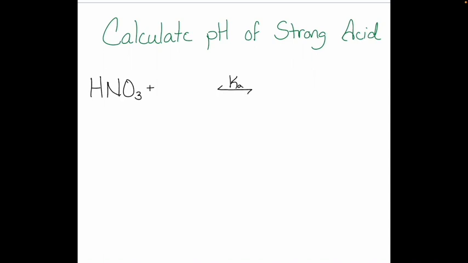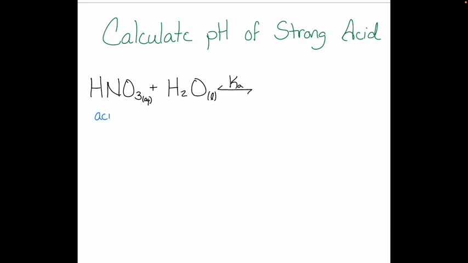To make a solution, I'm going to take this nitric acid, this HNO3, and I'm going to put it in what? Water. So that's what we're talking about, the reaction between our acid and water here. These are our Ka expressions. I'm going to be good with my subscripts here. All right, so everybody take a second and give me the products of this reaction.